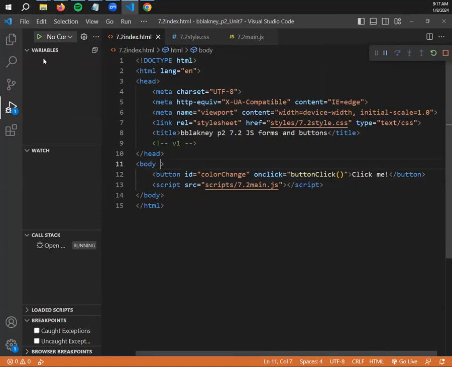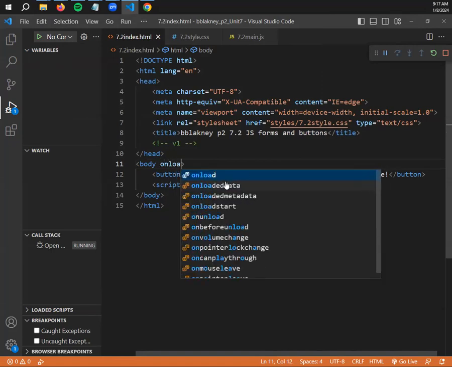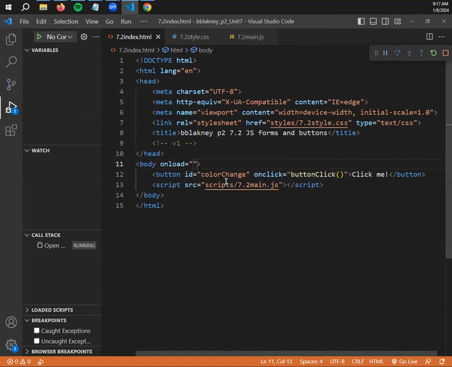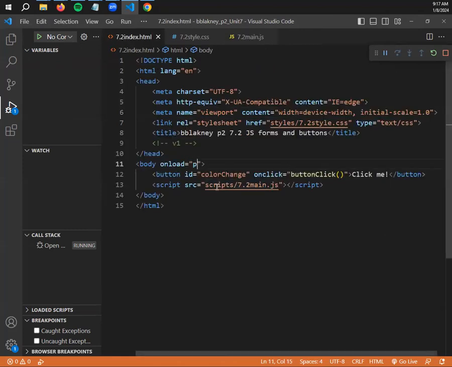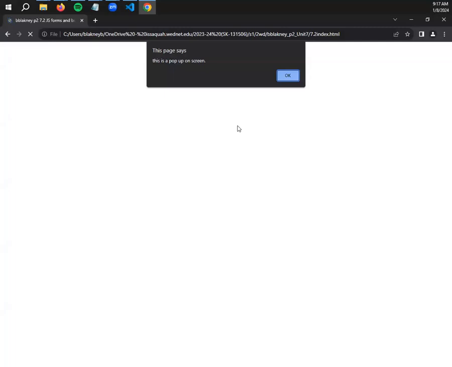Onload is typically going to go in your body start tag. So I'm going to add onload right here. So when the page is loaded, it's going to run the function named page load. So I go in here, page load, parentheses, turns it into a function. So now when I refresh, you're going to notice that my Chrome now has a pop-up on the screen